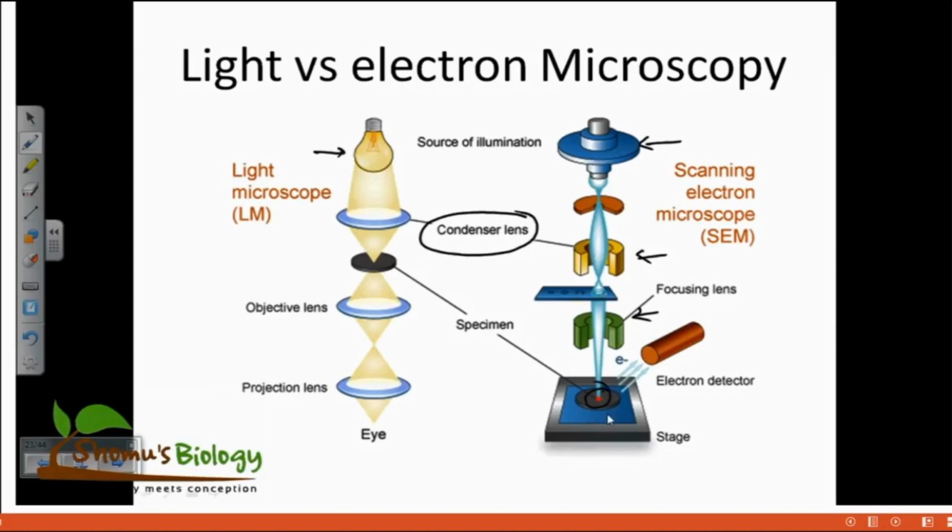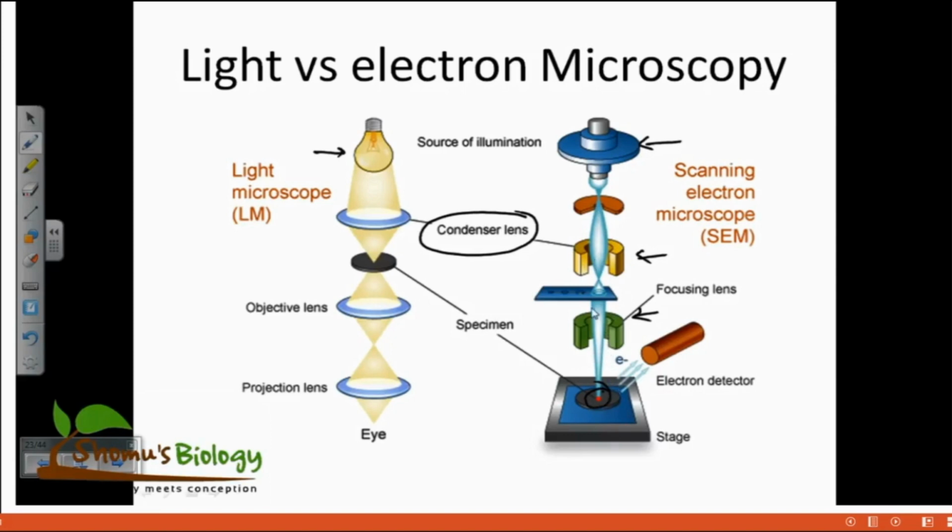Right? The construction is slightly different. We are going to see it later. But the idea is always the same. There should be a light source. Here the source is electron. So electron source. Then we should have something which will narrow down those electrons to a particular point of our specimen. That is called a condenser lens. So the condenser lens will help those electrons to be narrowed down to a point of a specimen. It is narrowing it down to the specimen level.